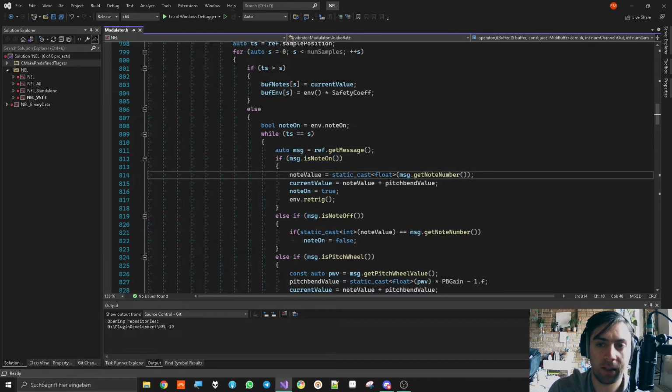If yes, then I get the new note value, and I'm casting it to float because later I want to have the opportunity to smoothen those values and to add some other stuff to it, like octaves, semitones, fine tones from parameters, and, you know, pitch bend, of course. So yeah, the new current value is being calculated, and then I'm setting note on to true, and I have